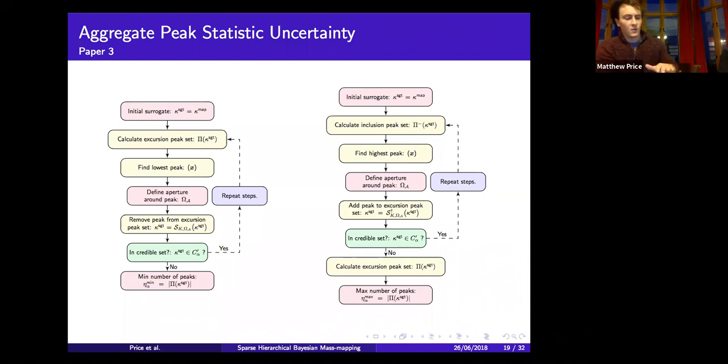So the idea is that you recover your convergence map, and at a given intensity, you have a certain number of peaks, and that's your map solution number of peaks. You then iteratively remove the peaks at each time, recalculating the objective function until the solution is rejected by the data. And at that point, you now have a solution with the fewest number of peaks possible, which gives you your lower bound on the peak statistic. And then you can invert that problem and calculate an upper bound, which is on the right-hand side. It's a very similar process.